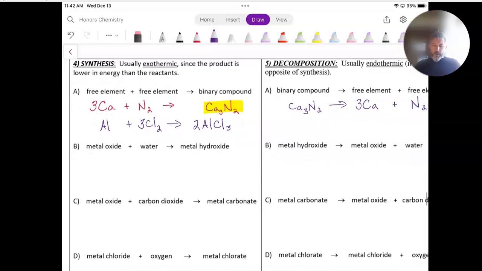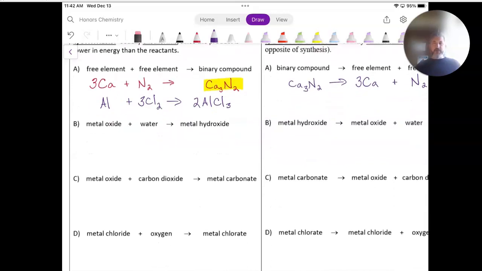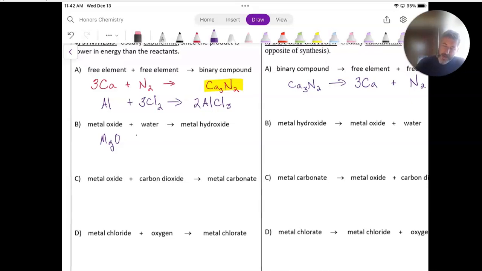Okay, we're going to go through 3 more types. These are a little bit more prescriptive, and what I mean by that is they're very specific. So if you see a metal oxide and water, a metal oxide, for example, could be magnesium oxide. That would be a metal oxide, the metal being magnesium. If that reacts with water,